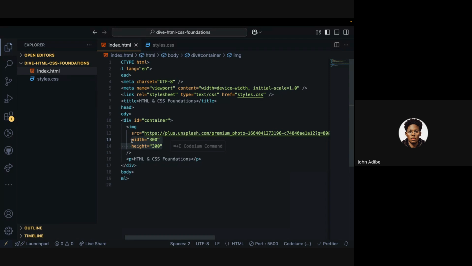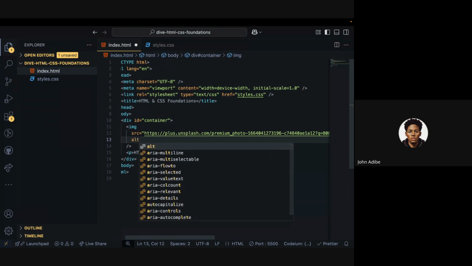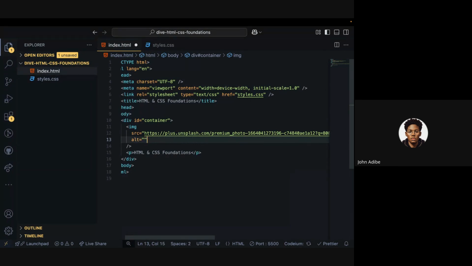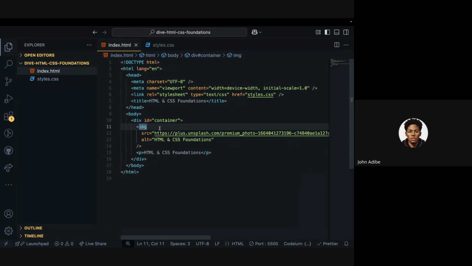But before I even move to CSS, there's one more attribute. Alt equals to, alt means alternate text, anything that can stand as a placeholder when the image is corrupted. Now I can put in anything here. Well, let me just say HTML and CSS foundation. For me to style this image, I think this will be the only image on my